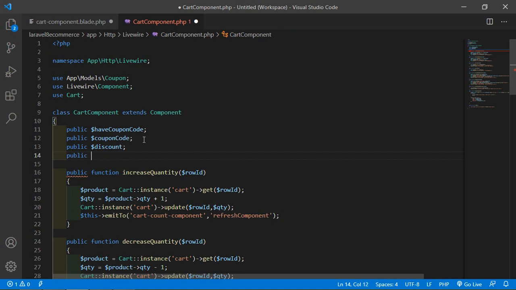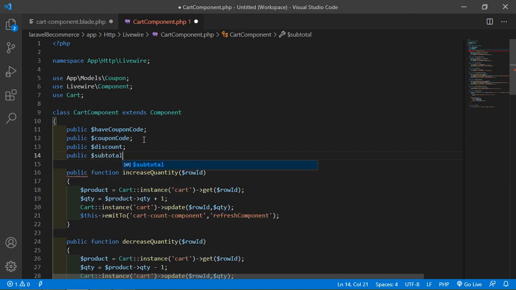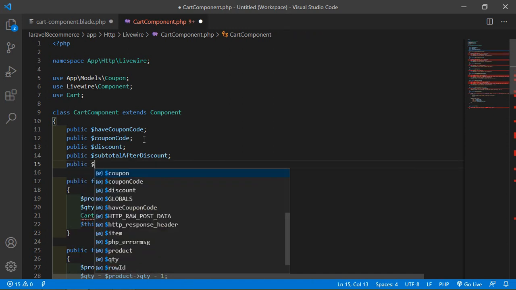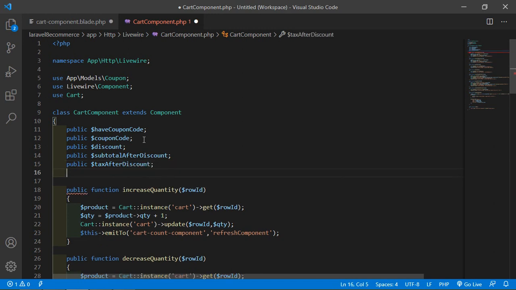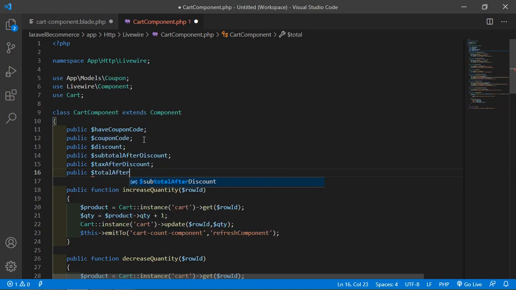Another property, public $subtotalAfterDiscount, and public $taxAfterDiscount, and one more property, which is public $totalAfterDiscount. All right.